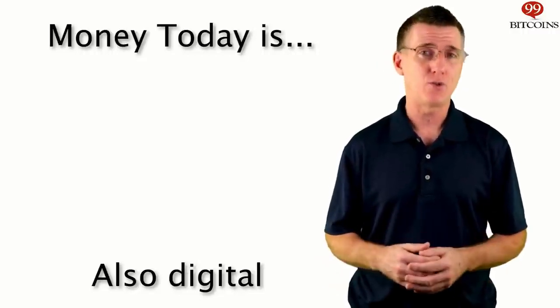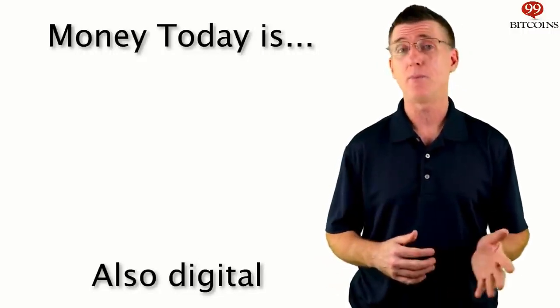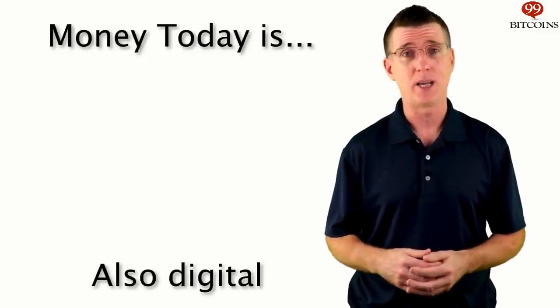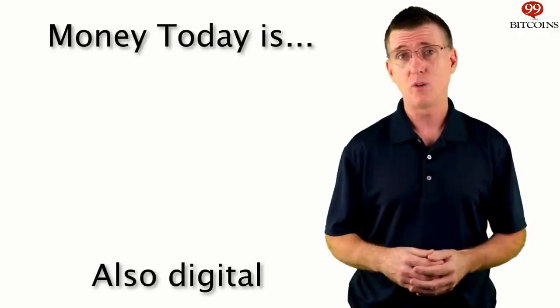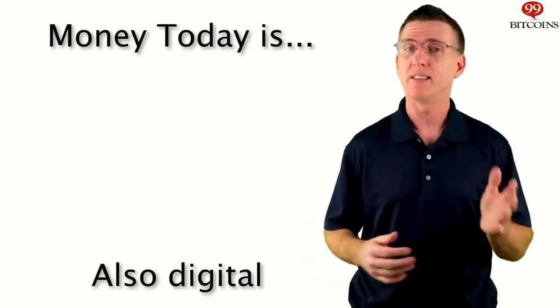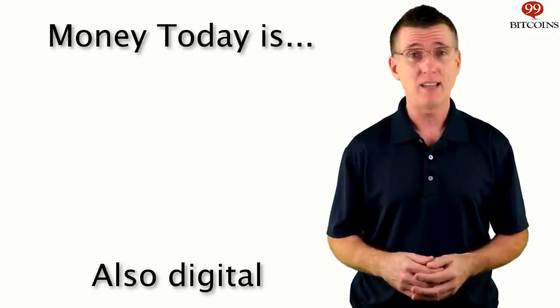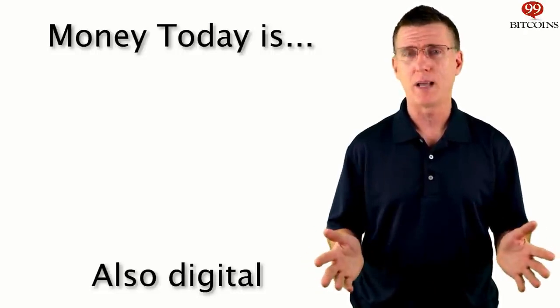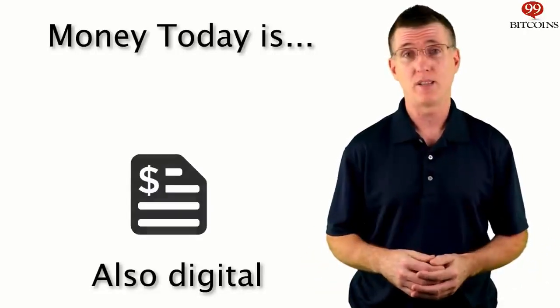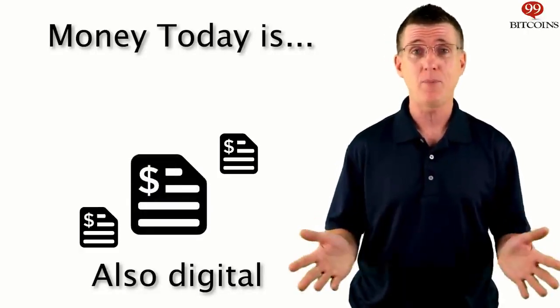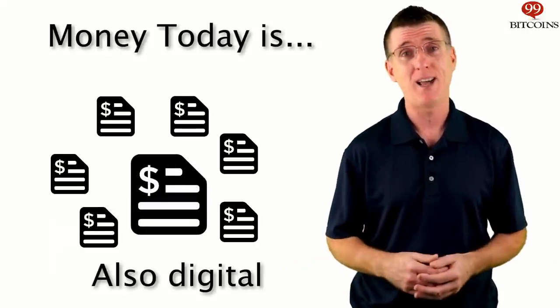Today, we mainly use credit cards, wire transfers, PayPal, and other forms of digital money. The amount of physical money in the world is almost negligible and is getting smaller with each year that passes. So if money today is digital, how does that even work? I mean, if I have a file that represents a dollar, what's to stop me from copying it a million times and having $1 million?